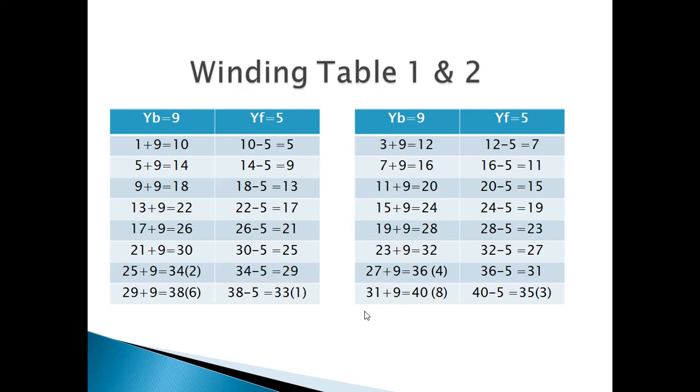It is a duplex. See, if you have a duplex, it should have two winding tables. Let us start writing the winding table as usual, how we did in the single layer simplex lap winding diagram. Okay, we start from the first conductor. 1 plus 9 is equal to 10, 10 minus 5 is equal to 5, 5 plus 9 is equal to 14, 14 minus 5 is equal to 9. You keep writing like this.